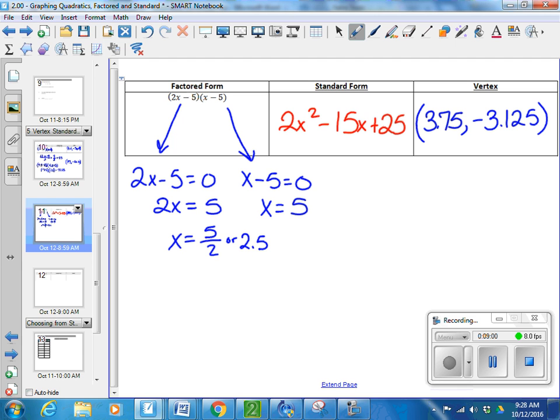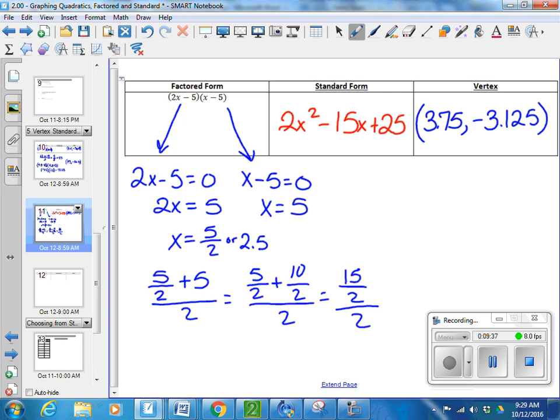So when I go through and add those two together, 5 over 2 plus 10 over 2, it's going to be 15 over 2 over 2, which will turn into